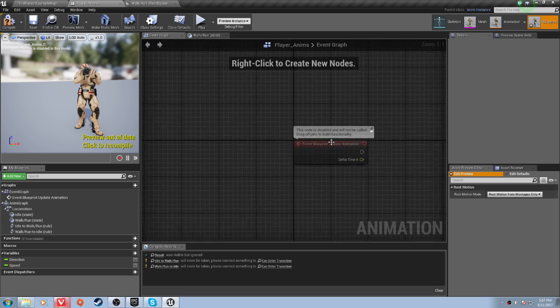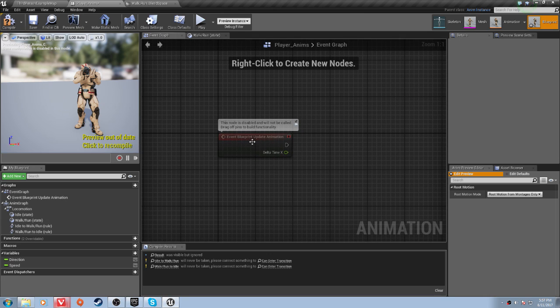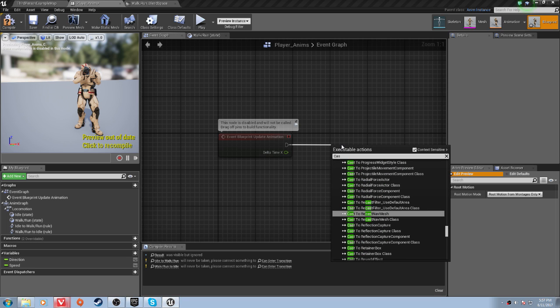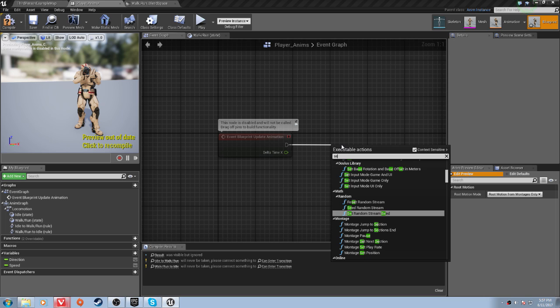So let's go to our event graph, and on event blueprint update animation, what we'll want to do is we will want to cast, actually we want to sequence, because we'll sequence off of this multiple times, but